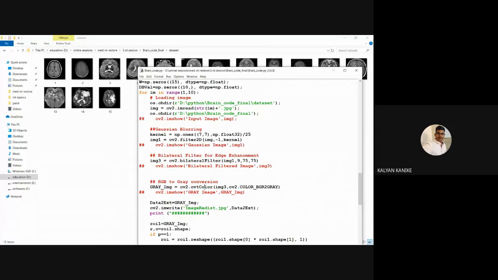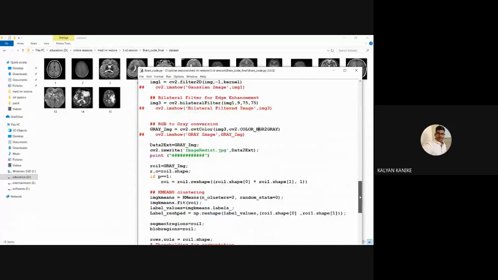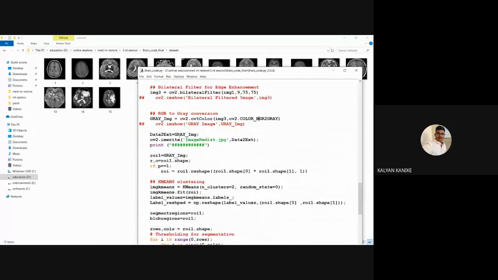Converting the color information into grayscale is also a pre-processing method. Next, the grayscale image information we are going to store. After storing that information, we are finding the particular features information.